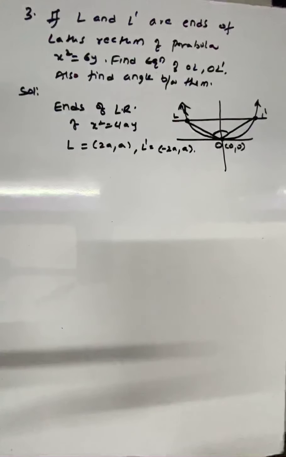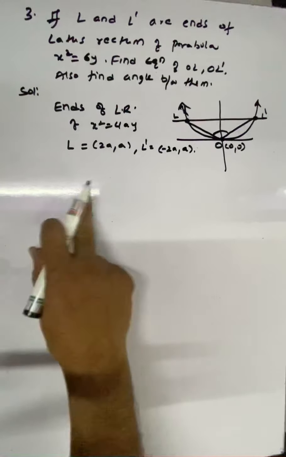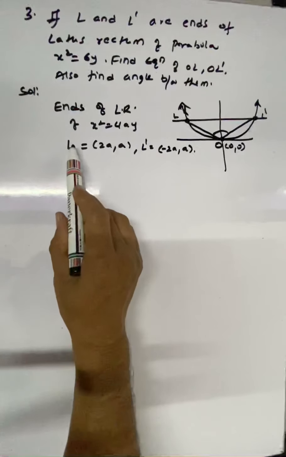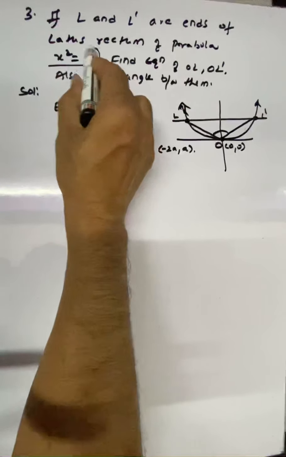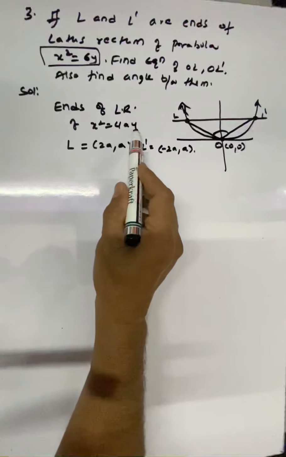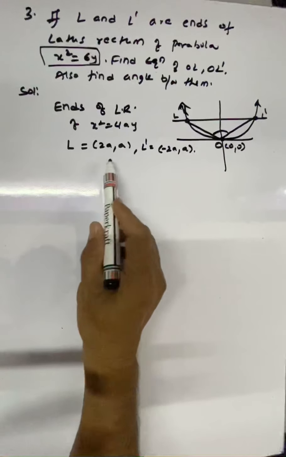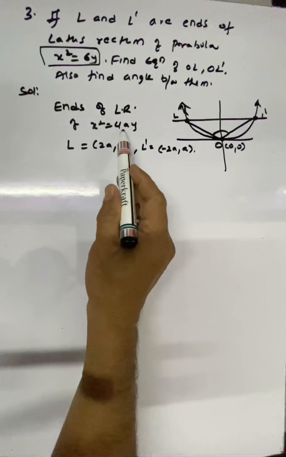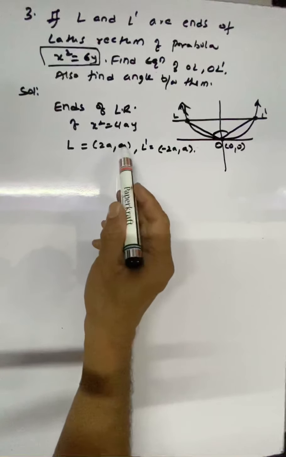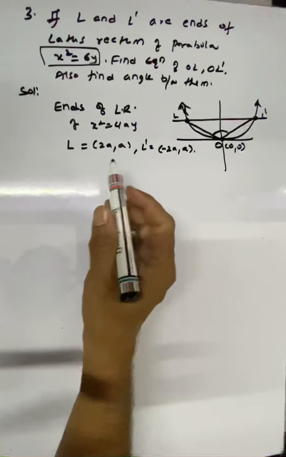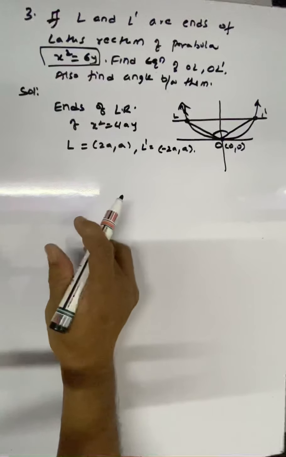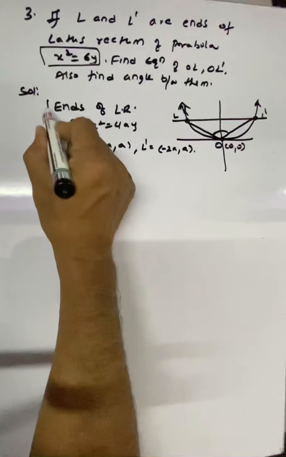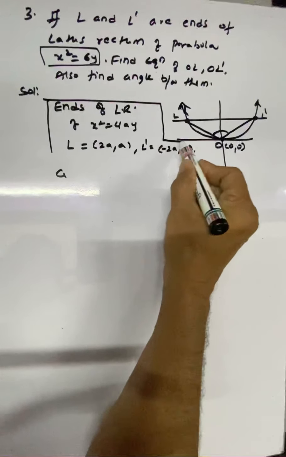Now you have to remember this one by heart. L and L dash are ends of latus rectum. So whenever you have the x square equals 6y parabola or x square equals 4ay parabola, latus rectum ends are 2a comma a and L dash minus 2a comma a. For y square equals 4ax, that time the a is 2a comes here, a comes on the left side, and the minus sign also goes that side. Anyhow, we'll discuss when a problem of that type comes. Given the parabola we will take this. These are the things you need to remember.